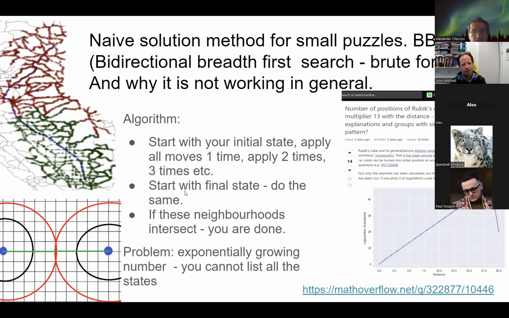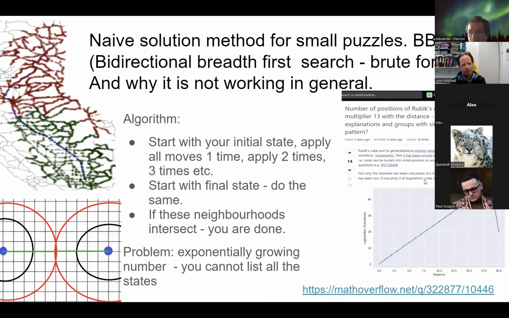And we can do it from the final state also. At some point, we should get an intersection because all these puzzles are finite. When we get the intersection, we have found a path which connects the 2 states.